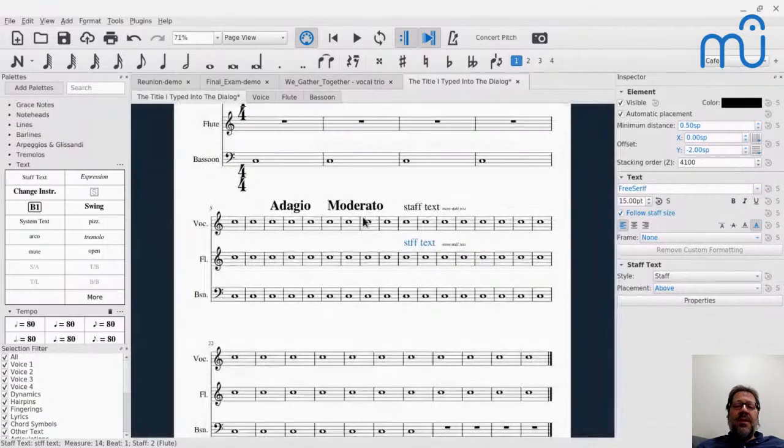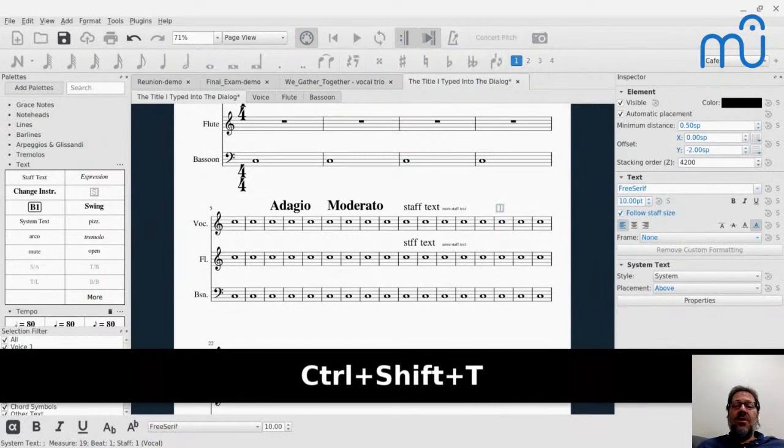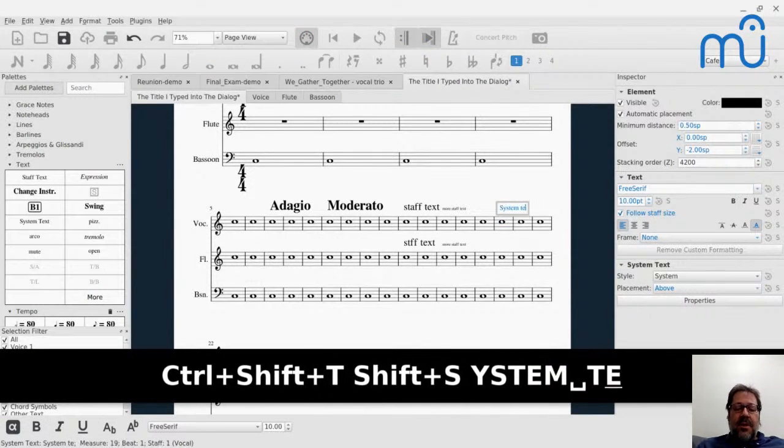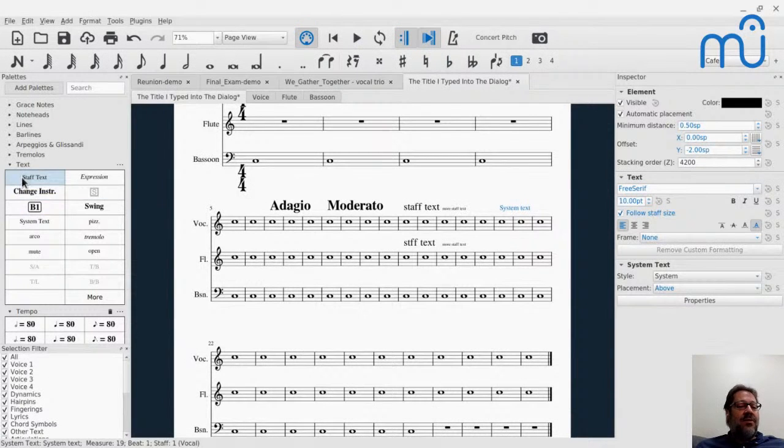Well, if I want there to be text that is on all staves, then system text is what I use. Control-Shift-T will add system text. And if you don't remember shortcuts, they're right here in the text palette. Staff text and system text down here. So system text will show up on the top staff of the score, just like tempos do.